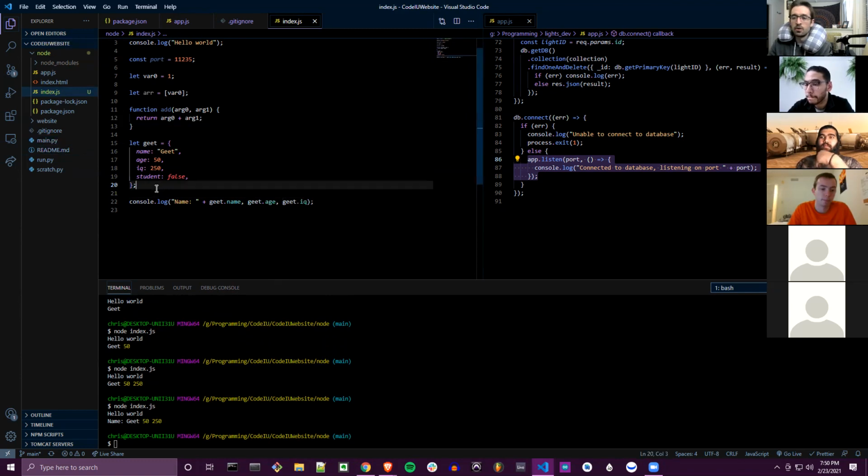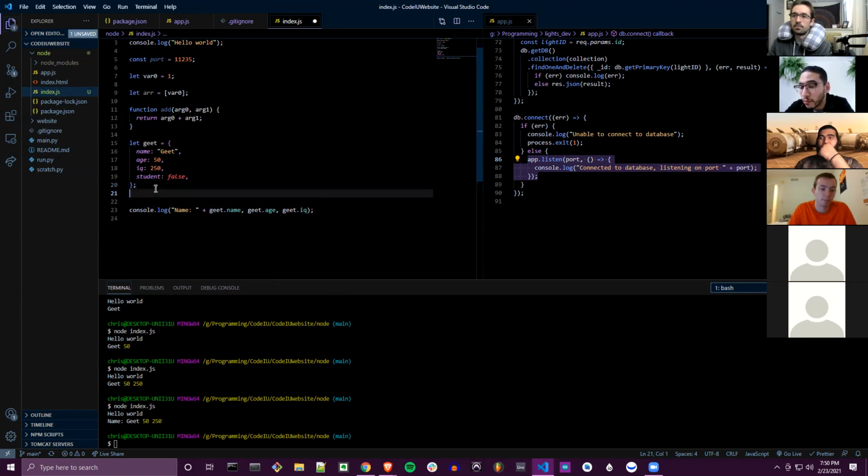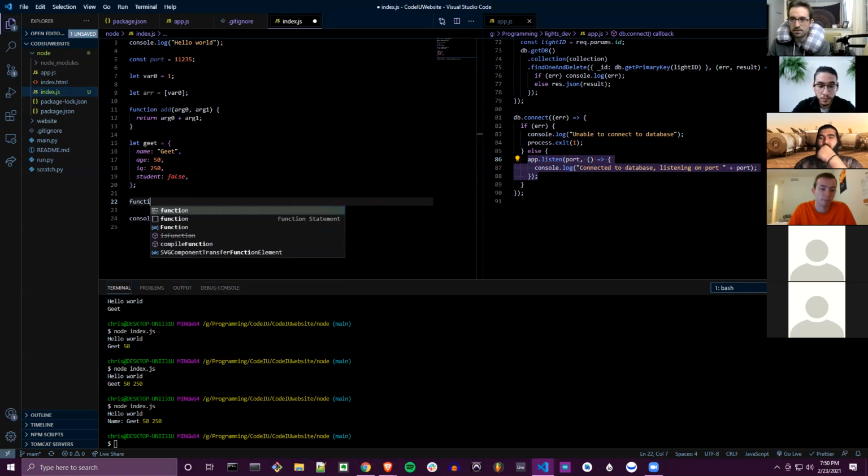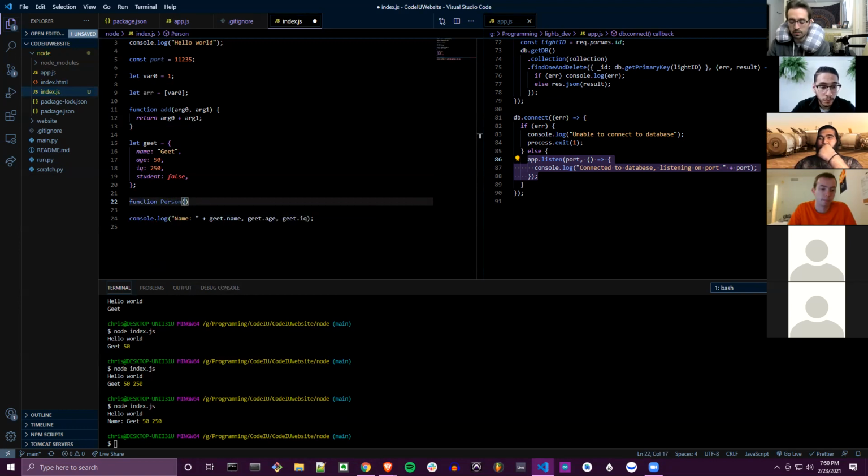Another way you're going to make an object is with a constructor, which is kind of like defining a class in Python. I think it's just function person, and then we can take name, age as arguments,